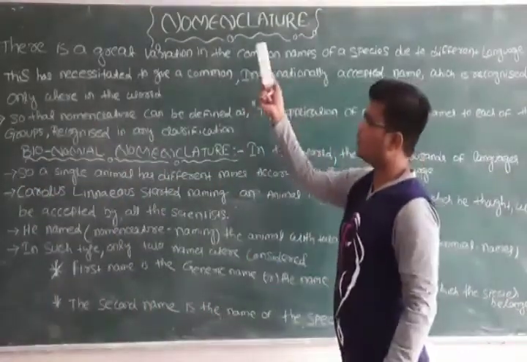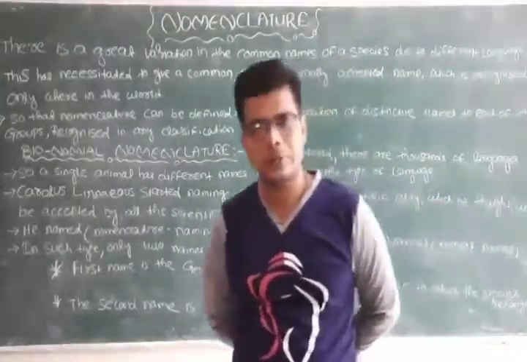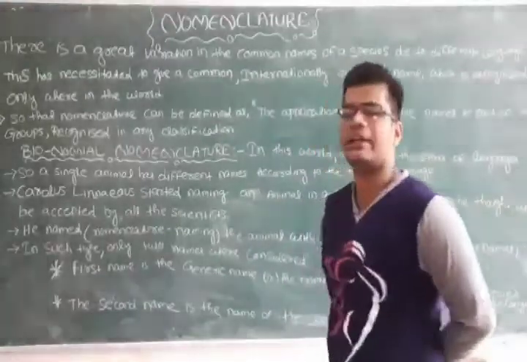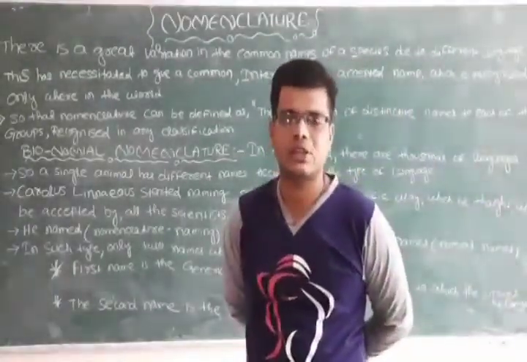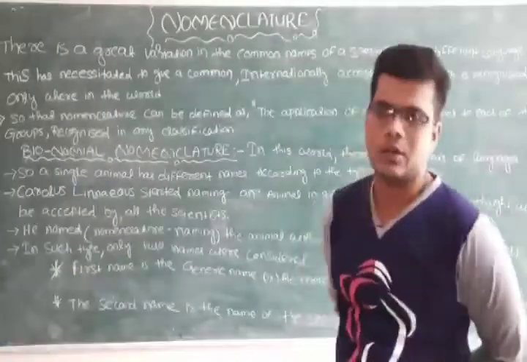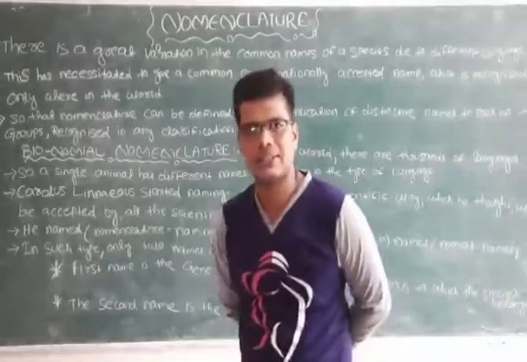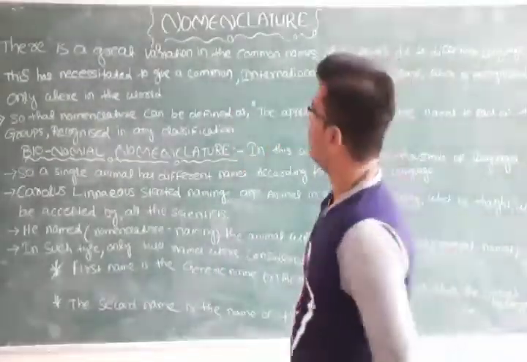What is nomenclature? We already know the definition of nomenclature. In a simple definition, nomenclature is known as the naming system. What are the criteria for the naming system? We have discussed briefly what nomenclature is, who discovered it, and what problems arose that led to it. Okay, let's start with nomenclature.